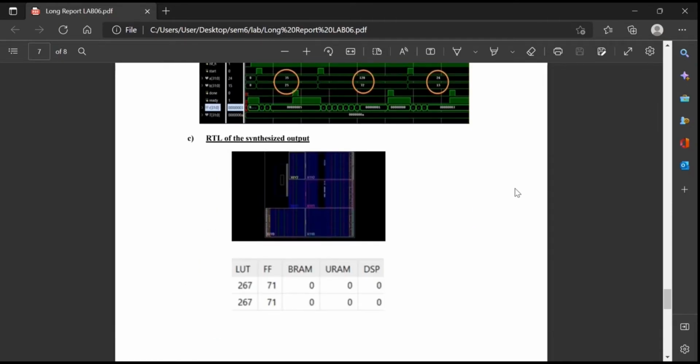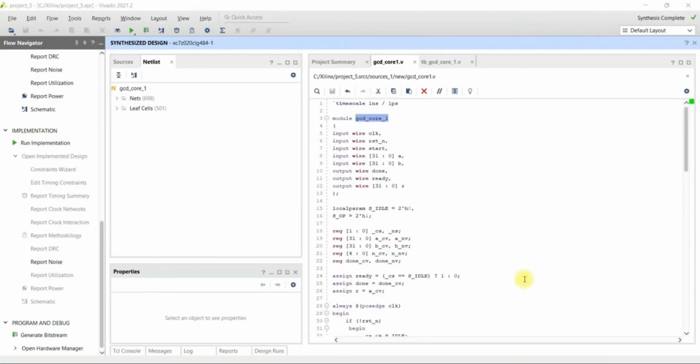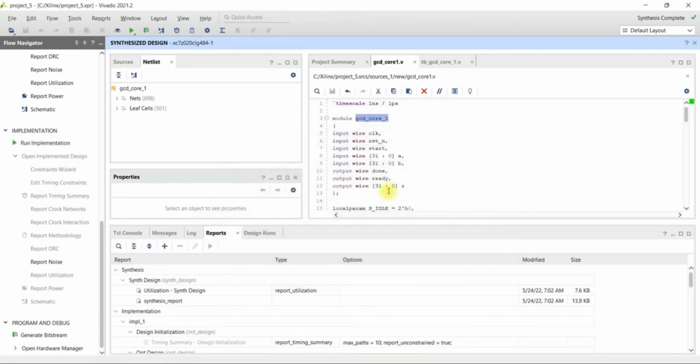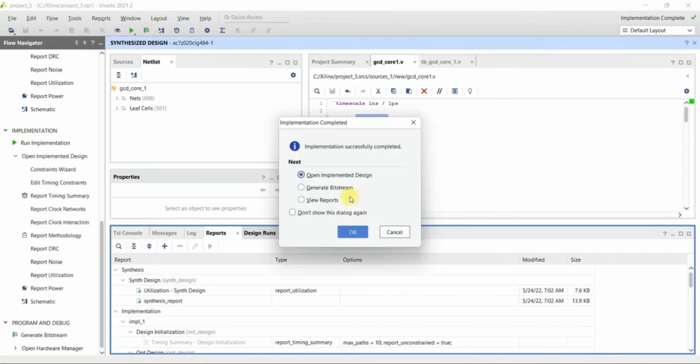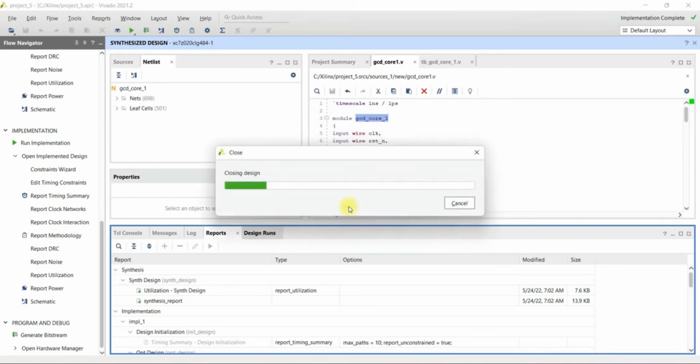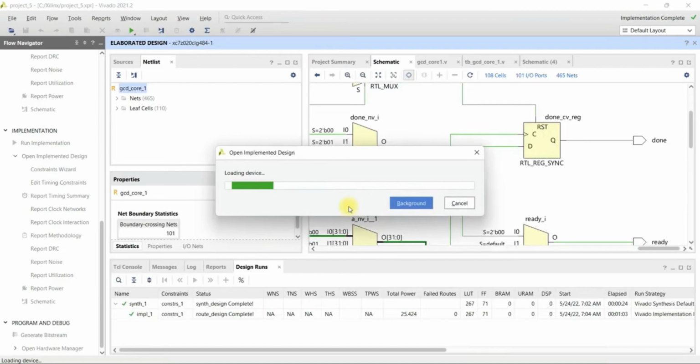And the last one is the RTL synthesized output. For the next part, I will run the implementation, then I press yes. It will take some time to wait until it pops up, and you just need to wait, and if not, you just press run implementation again until it pops up like this, and we press yes. Then we press yes again and wait, and you can see that